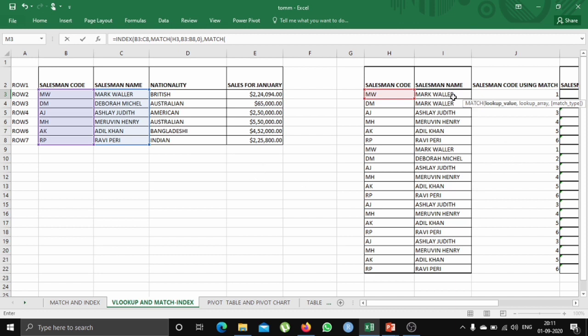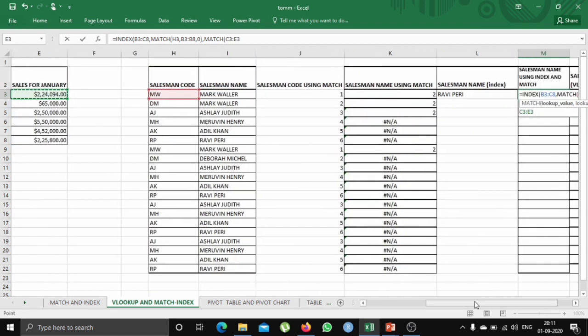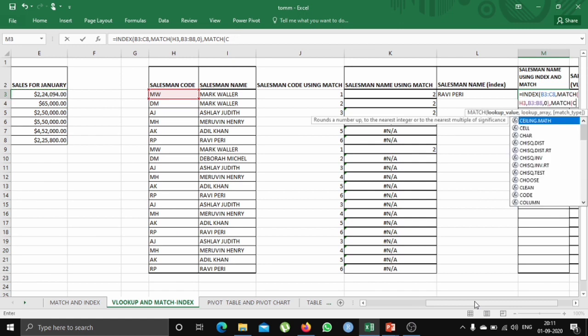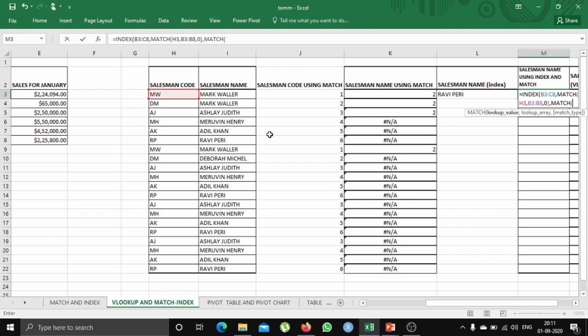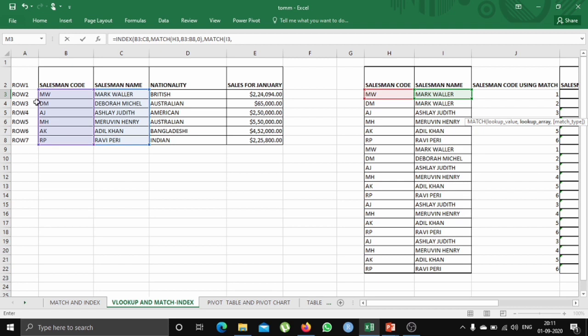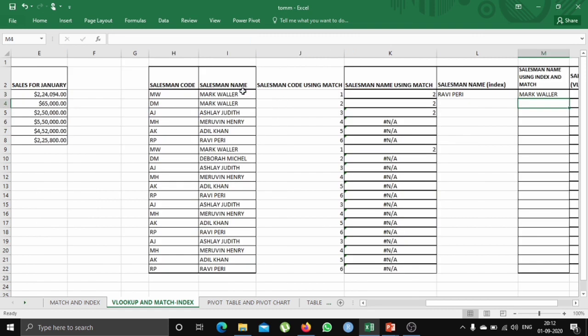So select the lookup value for the row, and select the row which you want. We want the lookup value to be Mark Waller, and the row range for Mark Waller is this one. Enter 0. Close the bracket a second time because we have opened it after INDEX. Press enter. So you have got the answer Mark Waller.